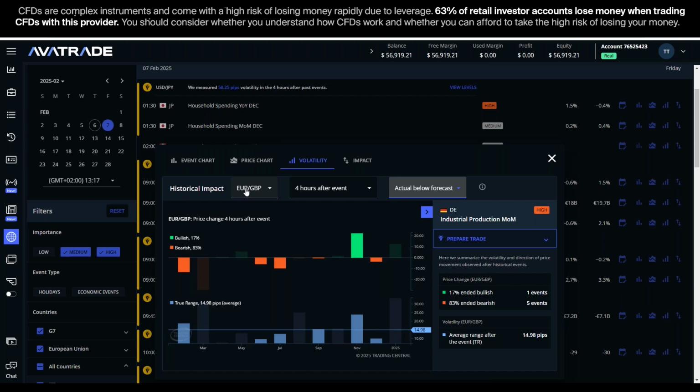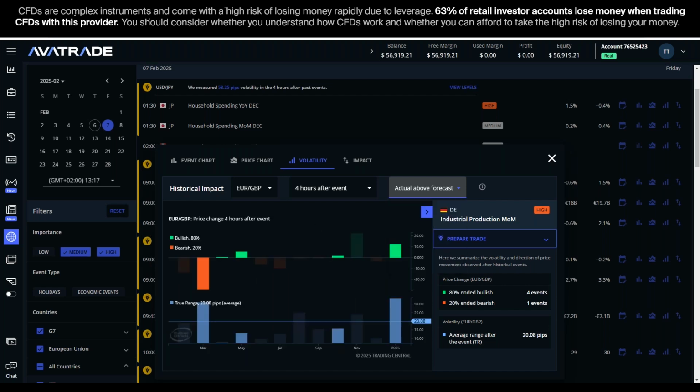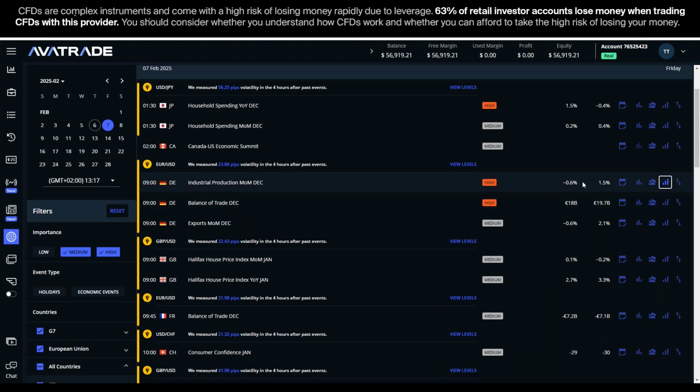Okay, I've paired it against the pound here because it's the non-farm payroll tomorrow out of the US, and you probably don't want to play around with USD pairings when that big news hasn't come in yet. So maybe pairing the euro against the pound could make more sense for this announcement tomorrow. And look at the predictability based on how this comes in. If it comes in below forecast, 80+% of the time, the euro goes down against the pound. If this comes in above forecast, 80% of the time, the euro went up against the pound in the hours following that announcement. Okay, so high predictability based on how this data comes in from the past data.